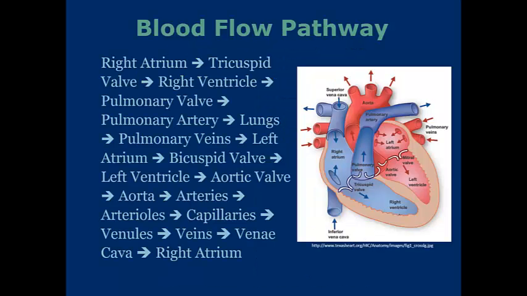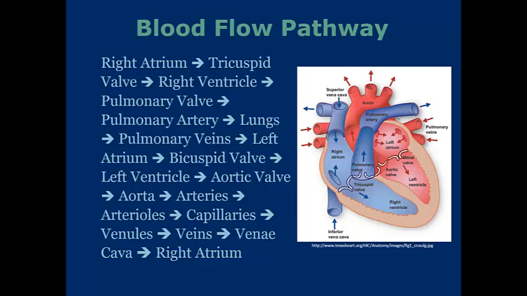Now, before you freak out, let's just go through this very slowly. When we talk about the cardiovascular system, we have to talk about how blood flows and the pathway it takes. Starting first with the right atrium. On this diagram, the right atrium is listed right here. Blood travels through the tricuspid valve into the right ventricle. From the right ventricle, it travels up through the pulmonary valve and into the pulmonary artery, which goes to the